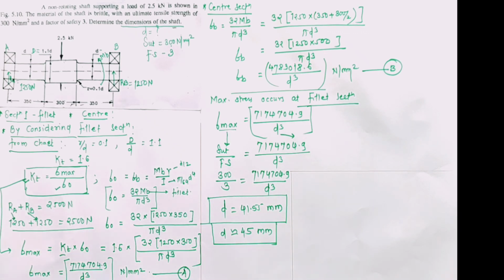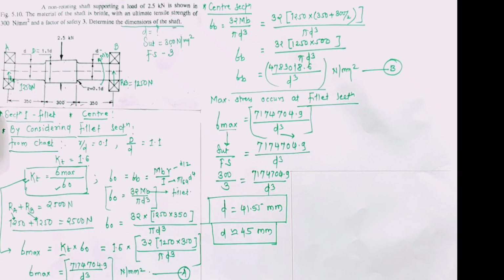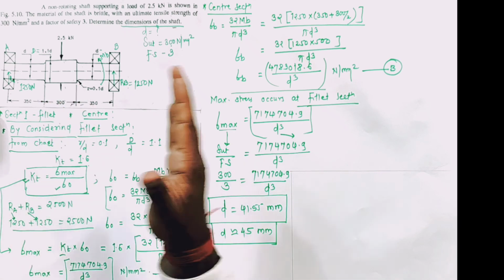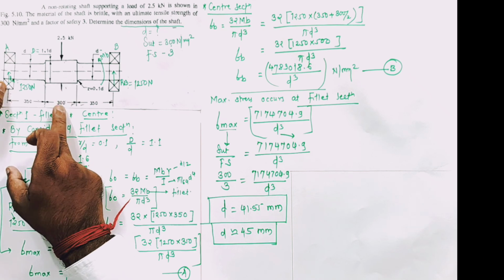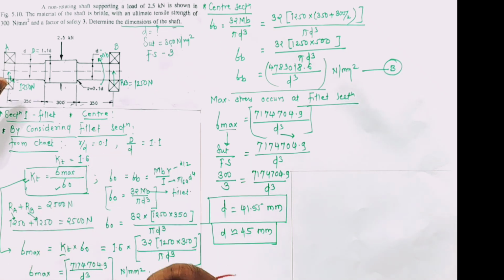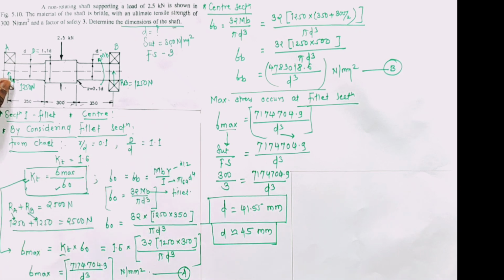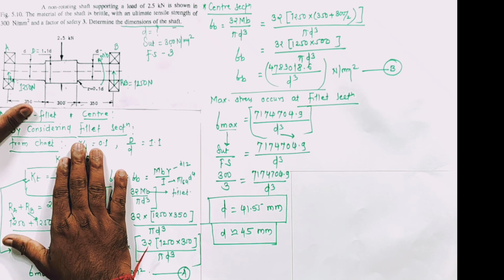Correct? So this is actually the structure while solving the numerical. Many times I have told you that you will have to understand the problem first. Second, you will have to read the structure, and I have given you two methods. First one is with respect to the fillet, and in the case of the center only the bending moment is changed. Correct? Many times it will occur that though the force is acting at the center, the distance from bearing A and bearing B is different. In that case, I will have to take the bending moment and calculate through it. Is that clear? So likewise we have solved the numerical by considering two sections in the structure. So I hope you understood. Thank you.